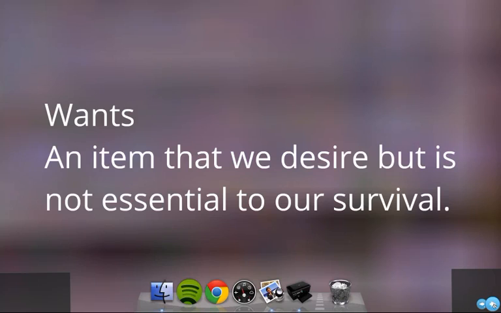We as individuals deal with this difference. Businesses deal with this difference as well. They need to hire people to produce their product, but they do not need to hire 200 people to produce their product if they are a relatively small company. We will be looking at wants versus needs a little more in depth as we move through this unit.